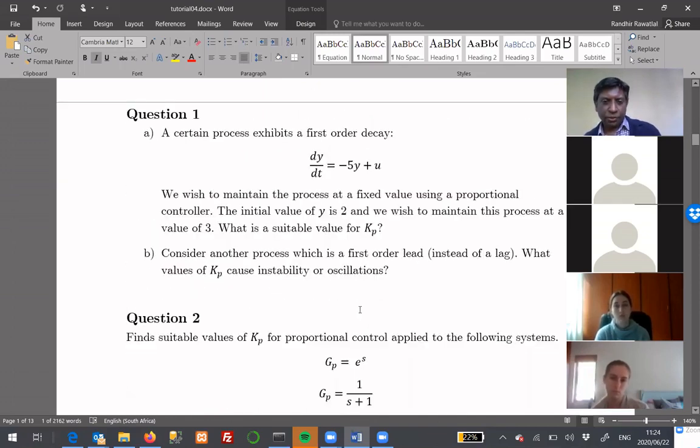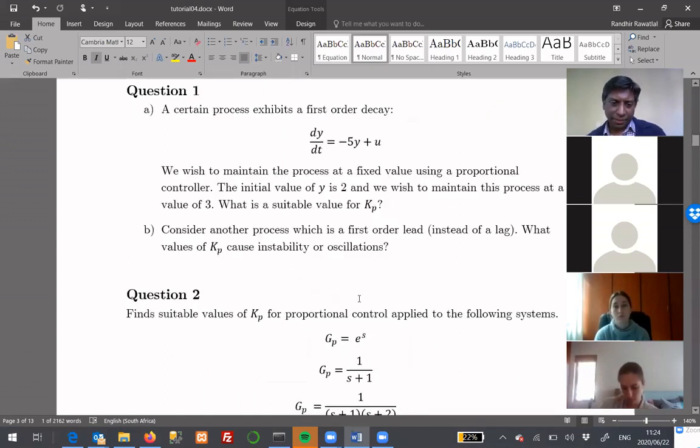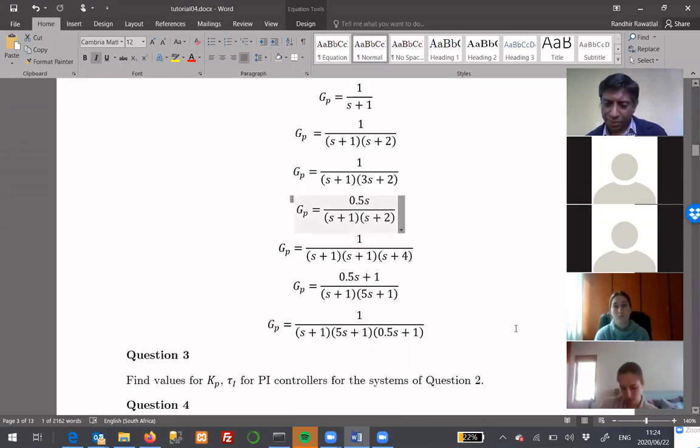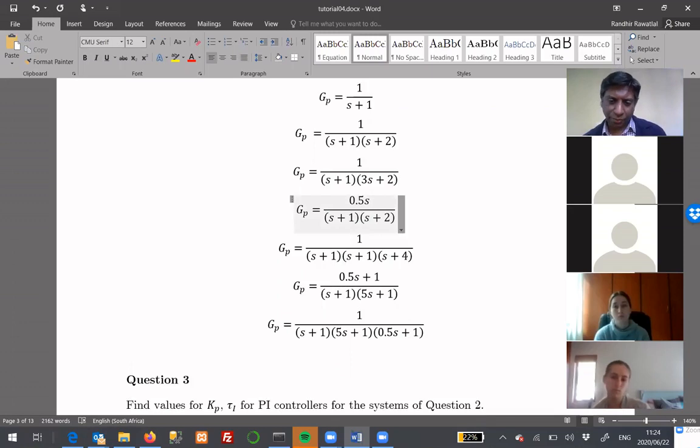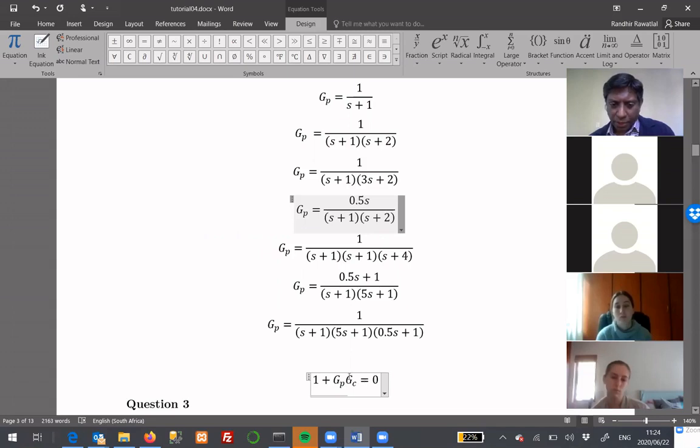So all we need to do is find that equation for these GPs, and we then solve for the roots. In other words, we want the roots of some version of this equation. And in fact, I'm maybe speaking a bit too mysteriously there. We want the roots of 1 plus GP GC equals 0. Right, so our GC in the case of a proportional controller is simply KP,